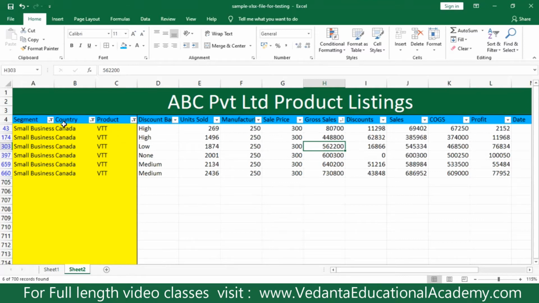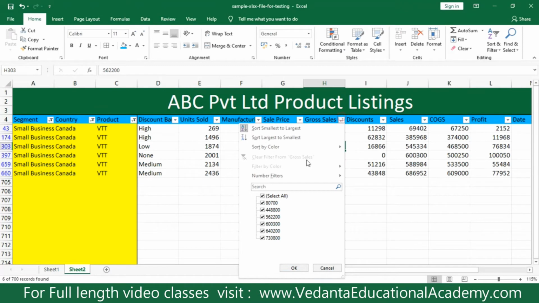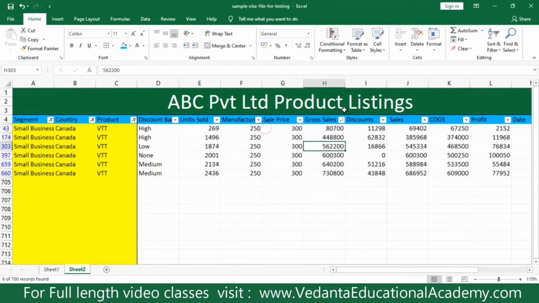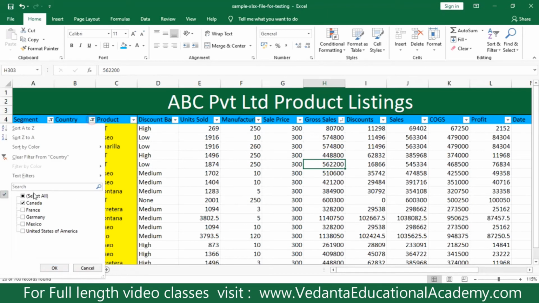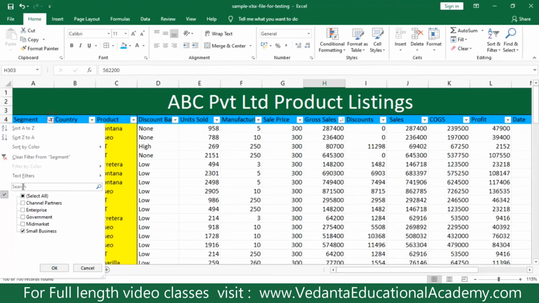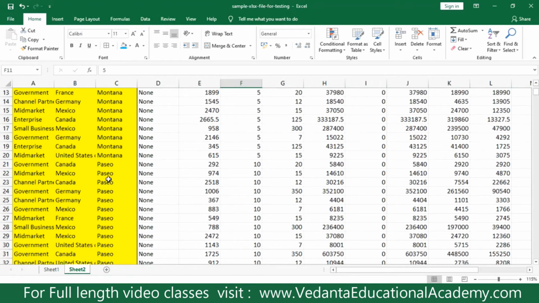And you may see that it is showing not only the drop-down handler but a filter icon plus the drop-down handler. That means filters are applied. So to get the data back to the earlier view, you click on it and simply deselect it. So it was hidden. Yes, again go to filters, select all, OK, normal data; again select all, OK, normal data; again select all, normal data.